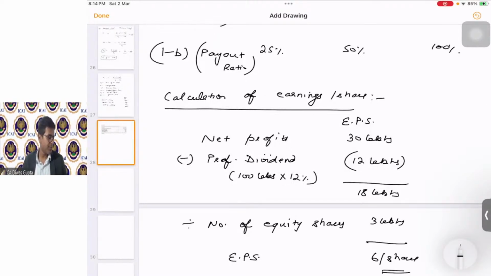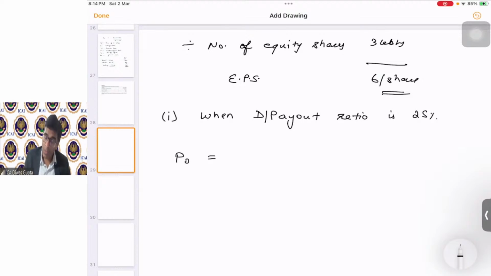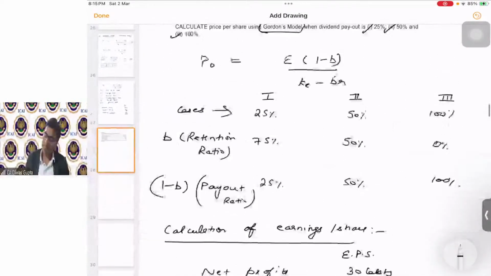Now we have to substitute in the formula and calculate the price. So the first one, when the dividend payout ratio is 25%, then price is equal to earnings. Earnings is how much? 6. 1 minus B is what? When the dividend payout ratio is 25%, then 1 minus B is actually 25%, right? But 1 minus 75% will give us 25%, divided by